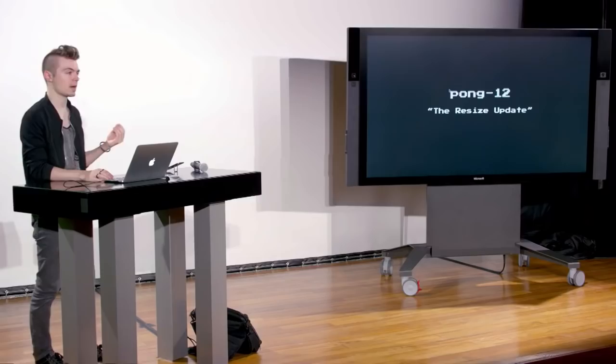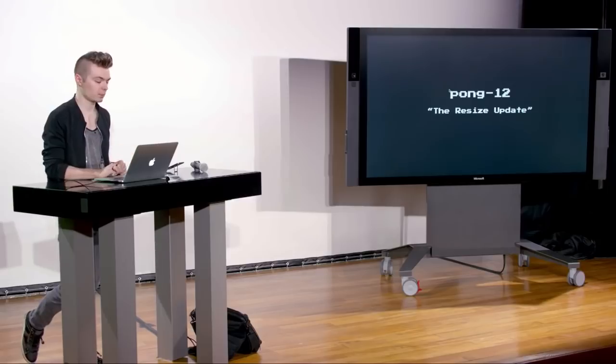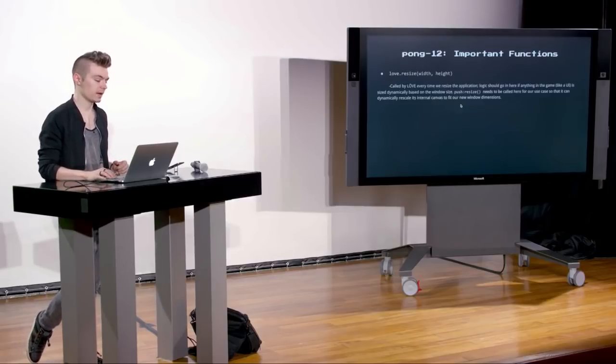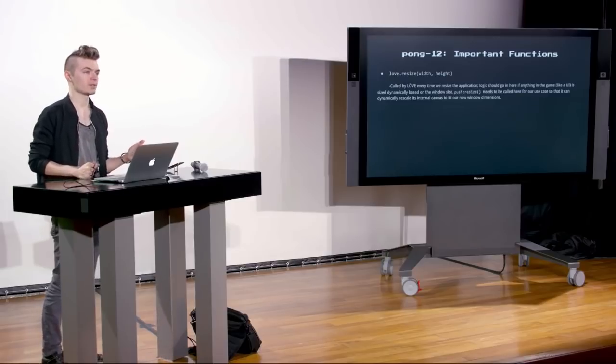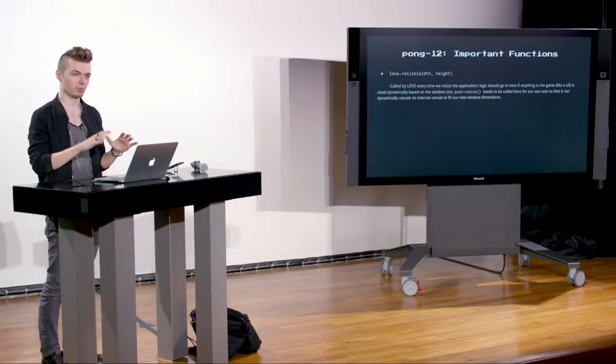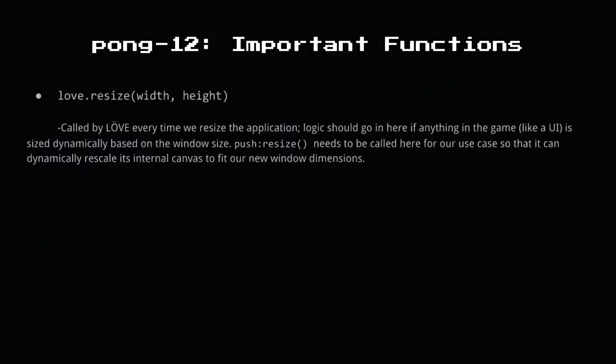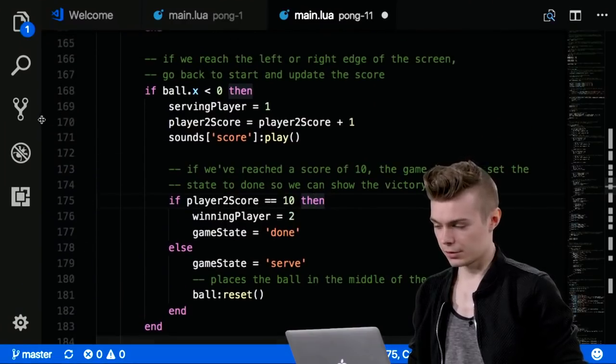There's just one more example that I would like to show you guys, a small example, because all of the examples thus far have had the resizable equals false key in the push setup screen initializer. And in case you want to have a game where you can resize your window, all we need to do is call a function called love.resize, which takes a width and a height. And what we're going to end up doing with that, specifically for our use case, because we're using push, we're going to go to